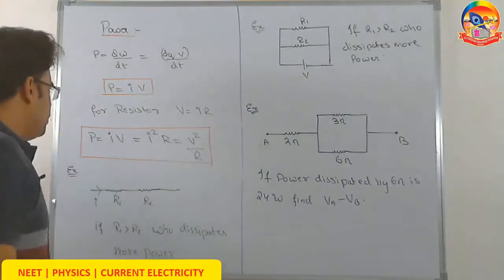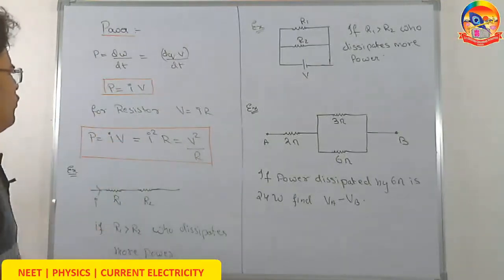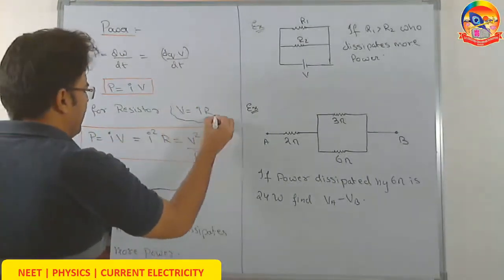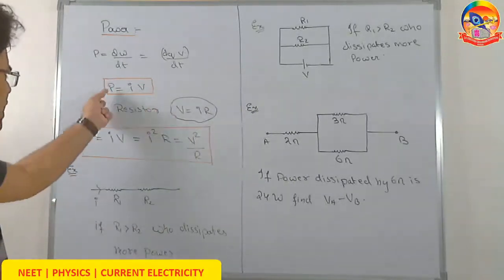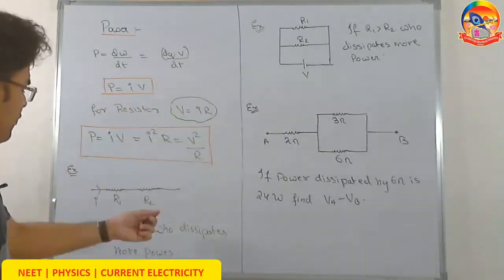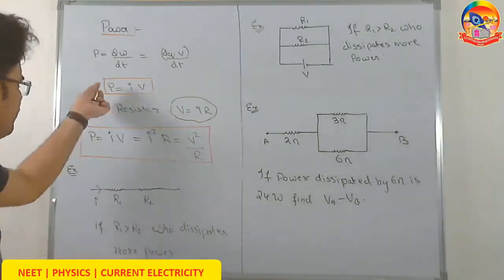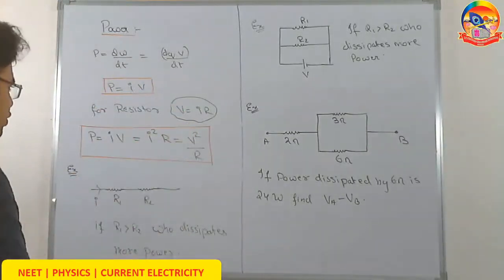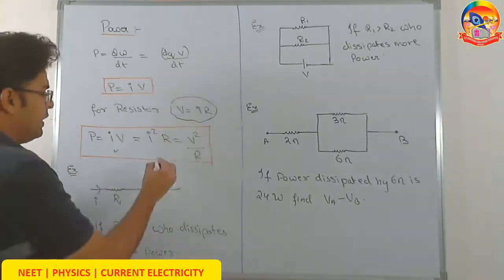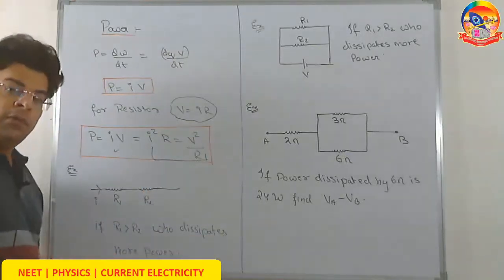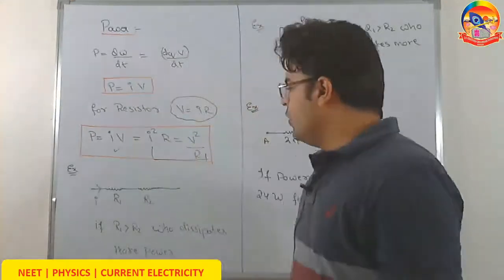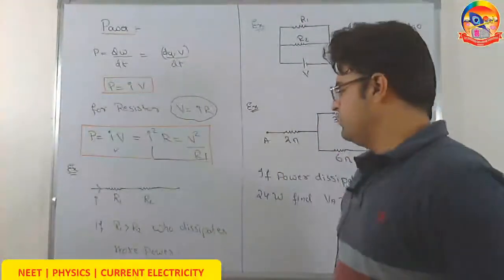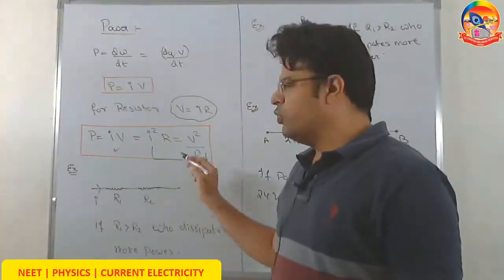Power equals to IV. Now see, for resistor, for Ohm's law, we know that V equals to IR. So in place of V, if I substitute IR, we can even write power as I square R. And if in place of I, we write V by R, then we can even write power as V square by R. So this works for everything, while these two things work only for resistor. So power equals to IV equals to I square R equals to V square by R. Now let's see one simple question, which one to use when.